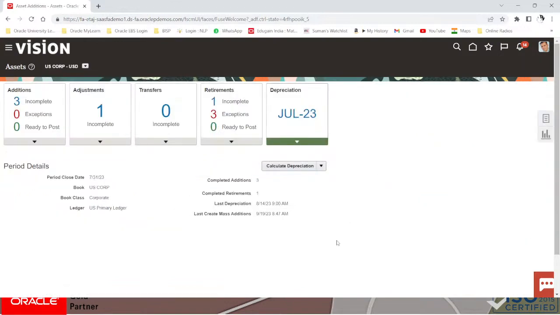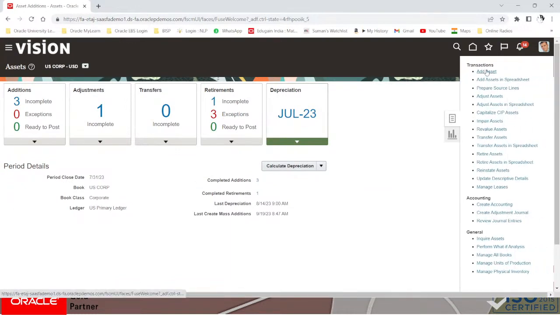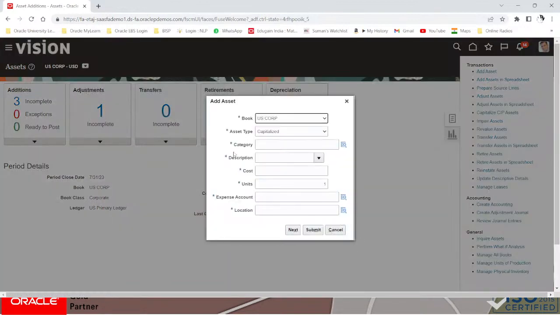Now this way we can add the asset, and from the task panel add assets, add asset. So we have used the capitalized asset, right? You can create a CIP asset out here, and the asset number will be created. Under that particular CIP asset, you will add the asset manually. You can add the asset one by one, or using mass addition process through payables or through project or through external sources. We can add the CIP assets in our book, that is US corp book,